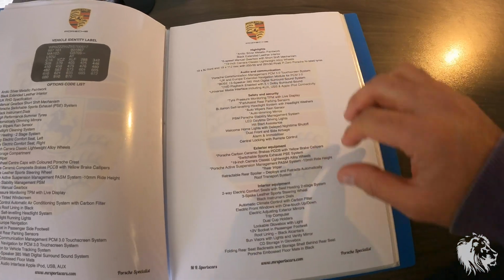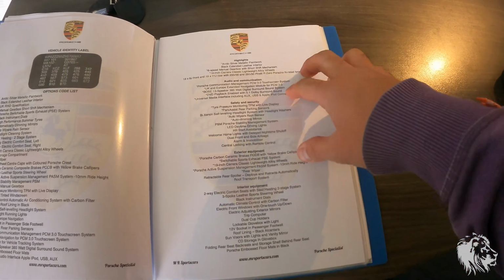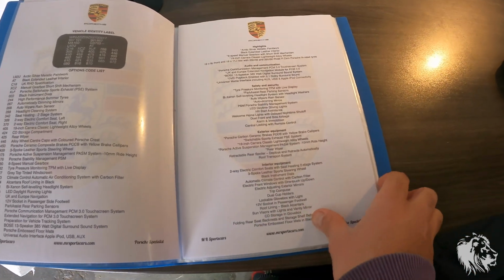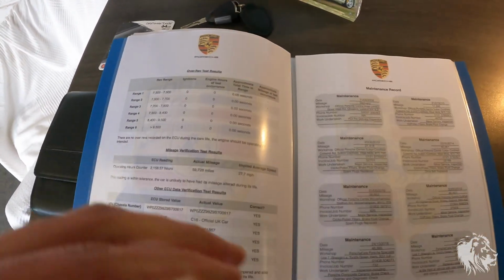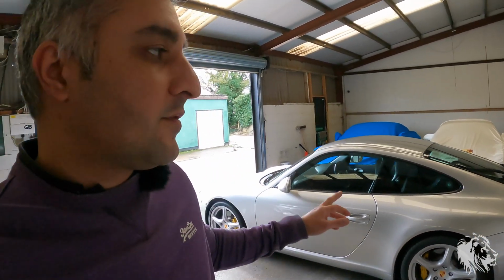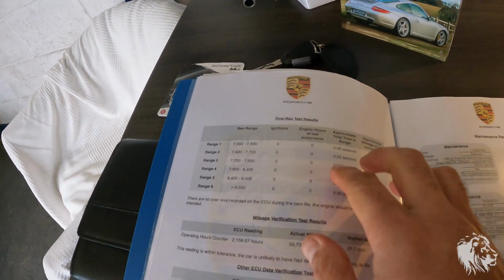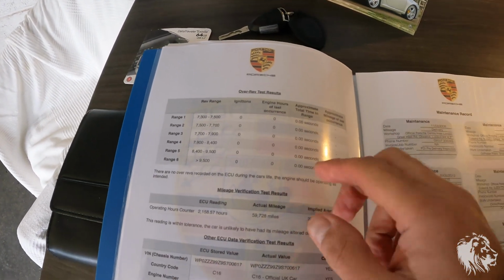Then we produce another sheet which is showing you all of the standard equipment that came with that car, regardless of options, plus all the options asterisked. Then we do a full diagnostics check on the car, and this is particularly important with manual cars to check whether they've been over-revved or clocked potentially. So we do an engine hours check and we do a full diagnosis